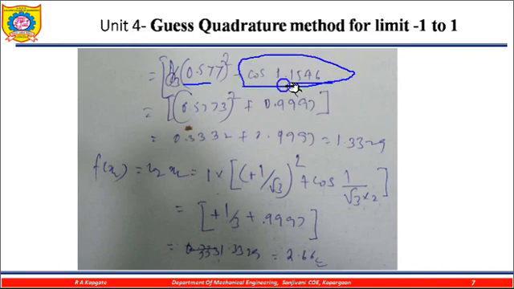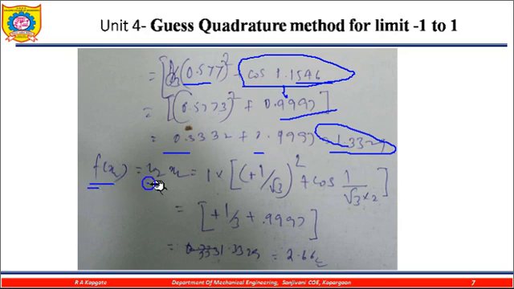Now the value of cos of this one is 0.9997. So this one is 0.577 whole square plus this one, hence 0.33 multiplied by this, so you are getting this value. Similarly, find out the function of x2 is equal to w2 into x2. Now again w2 is equal to 1, and x2 is equal to, now here instead of minus, this one is plus. So this is plus 1 upon root 3 whole square plus cos of 1 upon root 3 into 2. So again by manipulating this one, we are getting the value 2.66.